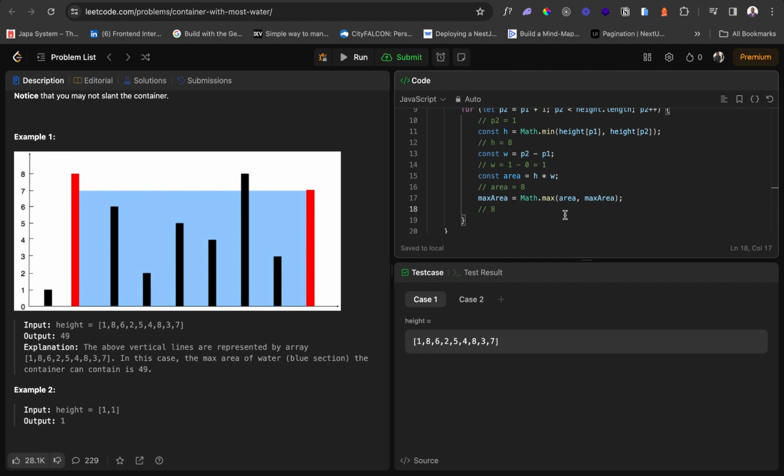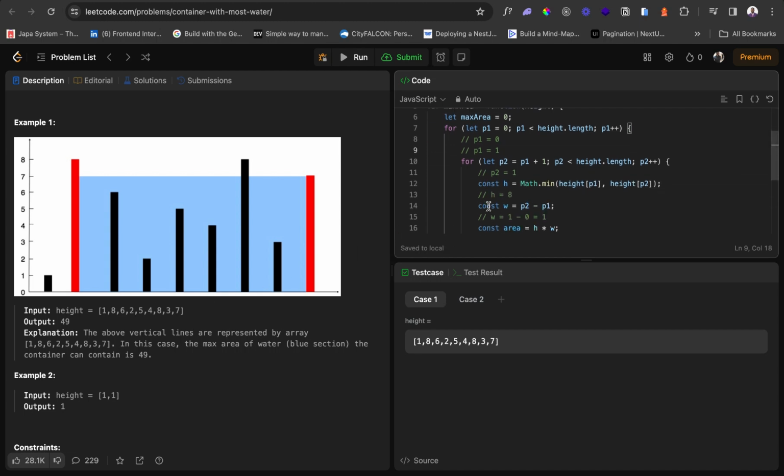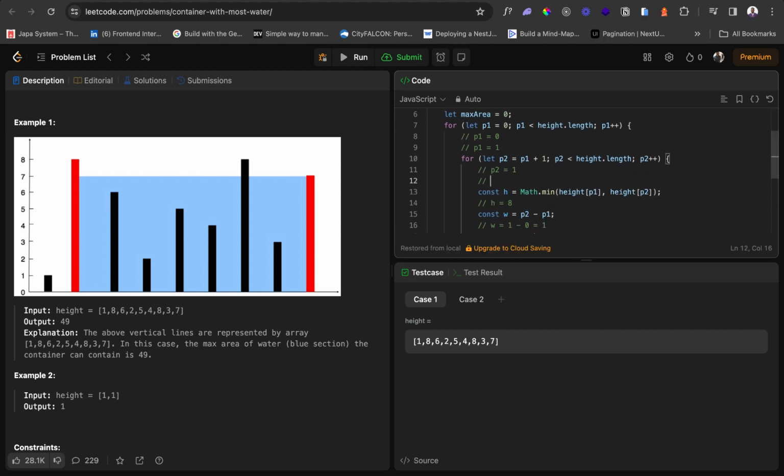These two red bars here. Let's quickly do a walkthrough of that one so you'd understand the brute force approach. So at that point, P1 will be 1. P2 would be 0, 1, 2, 3, 4, 5, 6, 7, 8,